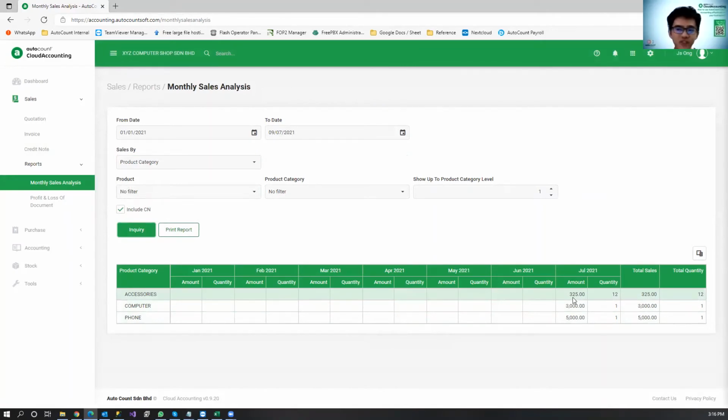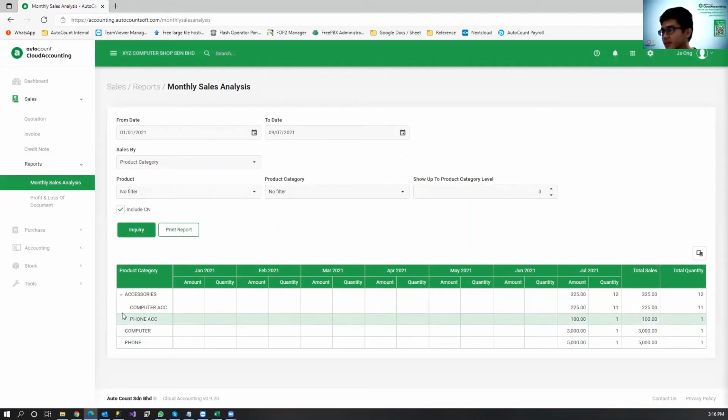If you want to see even deeper, such as phone accessories and computer accessories, you have the option here to show up to category level. You can put up to level 3. You inquire again, and you can see how much the computer accessories are and how much the phone accessories are.